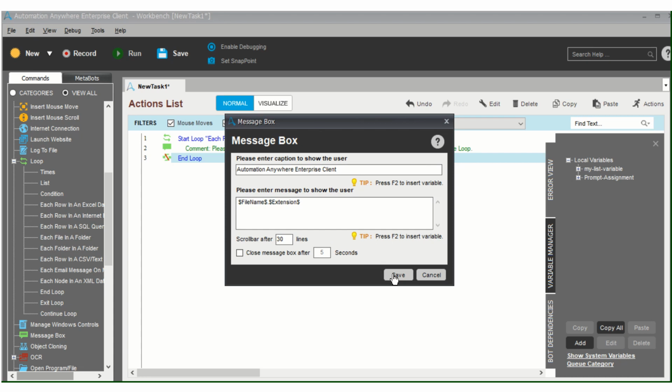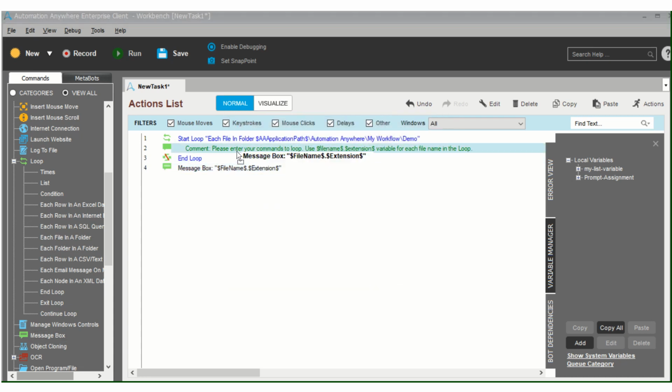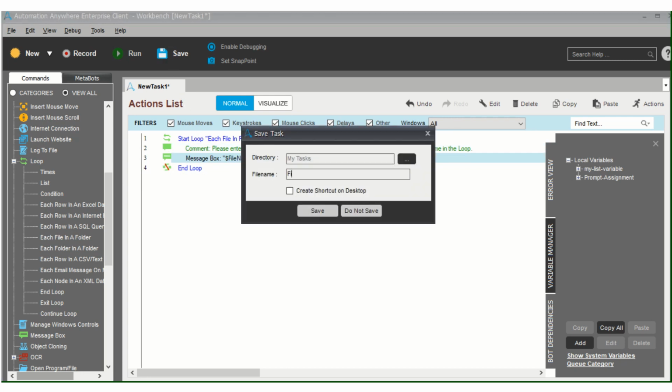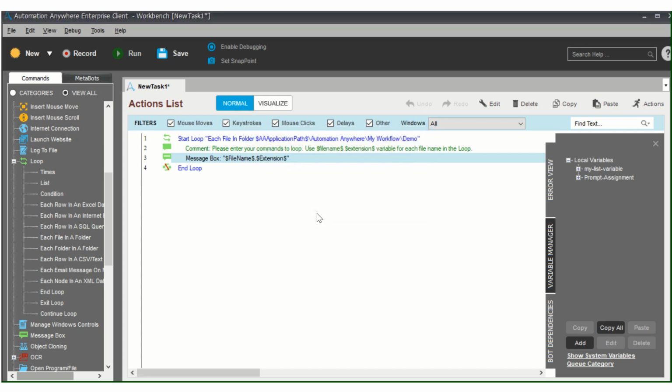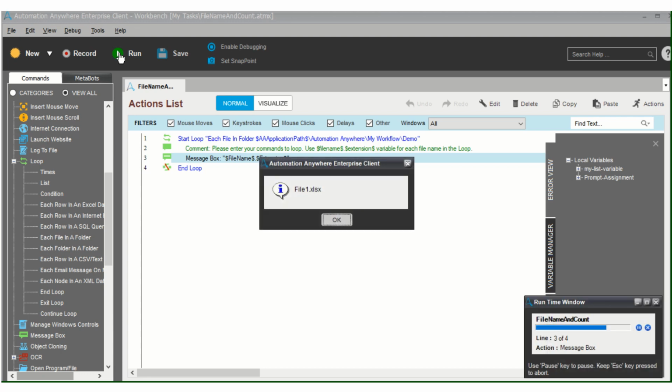What it will give me is file1.xlsx, or whatever the extension is. Let's save it with file name and count, because we'll be using count afterwards. So let's run it. If the path is good, then we are going to get file1.xlsx, then file2, then file3, then file4.